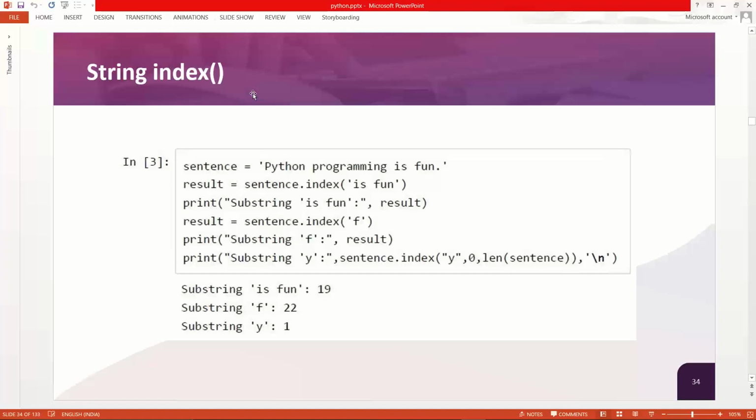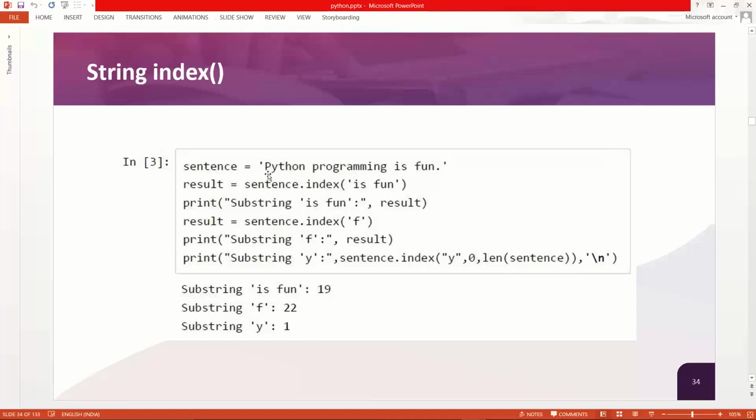Now we will go with index. What is index? Index is the value where the particular substring starts. For example, I'm writing "is fun". In this string, I'm searching for the index of "is fun". Now let us count.